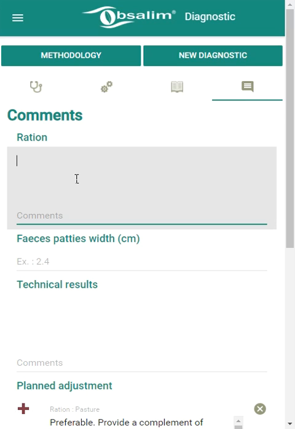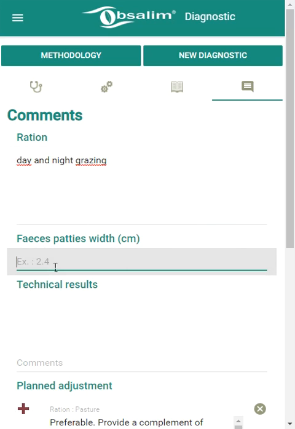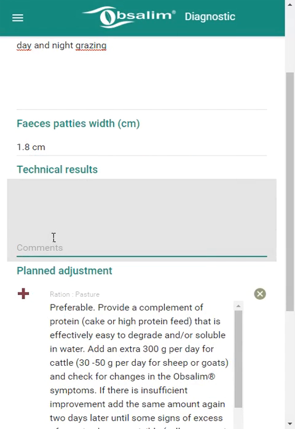Here, for example, we can describe the ration as day and night grazing. We measured a plate meter height of 1.8 centimeter, and we can also give some technical results. For example, the milk production and the milk composition.